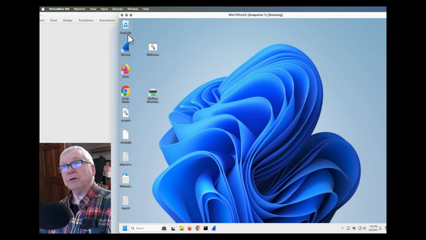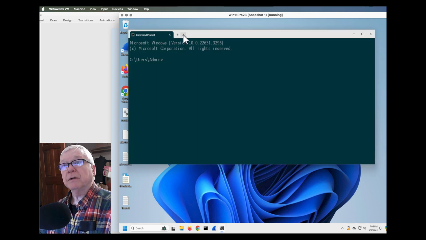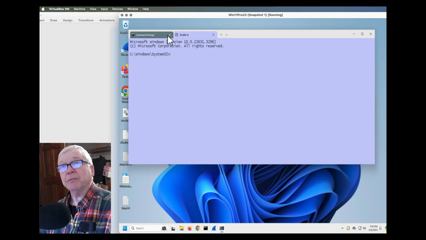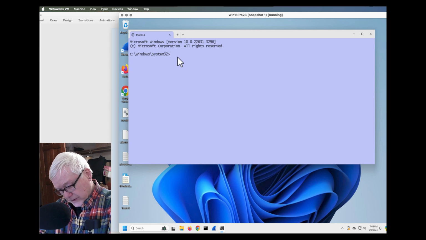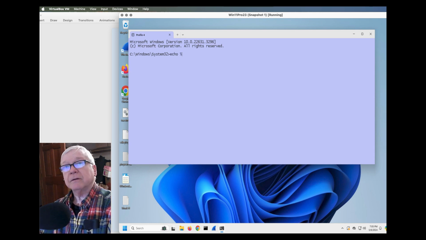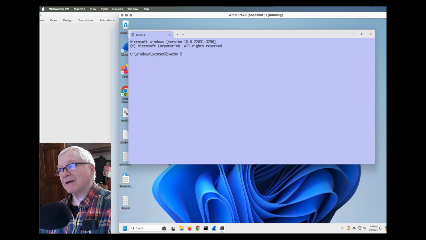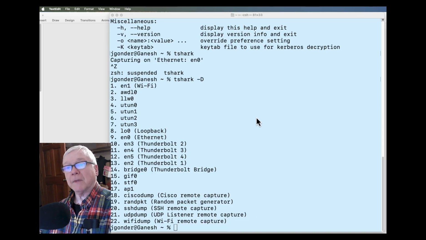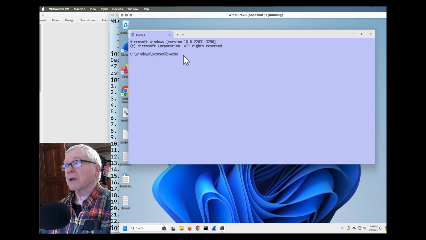So let's go over to a Windows 11 machine, Windows 11 Pro, and I'm going to open up the command line here, and I actually want to use a different profile that looks a lot better, and I'm going to type in echo %. What the heck was all that stuff? Well, that was, look back over there. There we go.